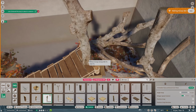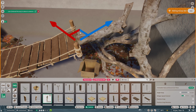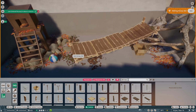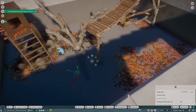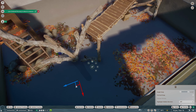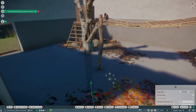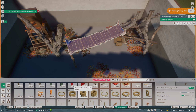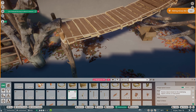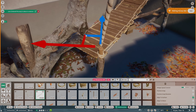And yeah, here's the bridge into here, and then we kind of join it up to this fallen tree because I knew that I didn't really want it connected to the ground, so I needed some way for them to sort of climb it. And we use another one of these trees, and then it all works in there, and they can actually use the swing bridge. So I'm calling it a swing bridge. I don't really know what it is, but yeah, that's kind of what we're going for into here